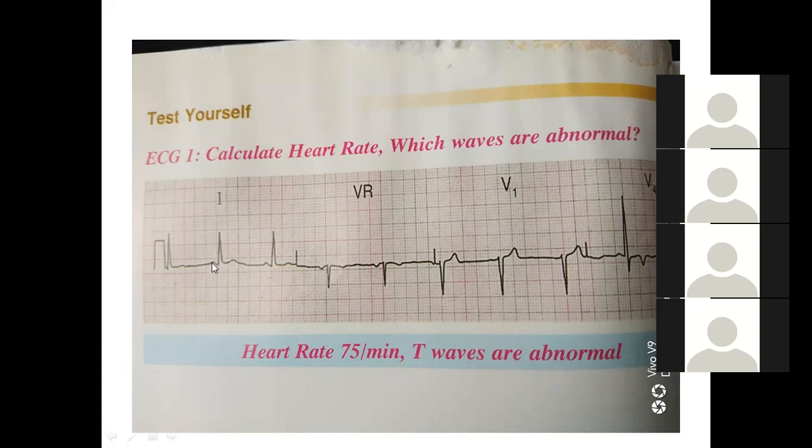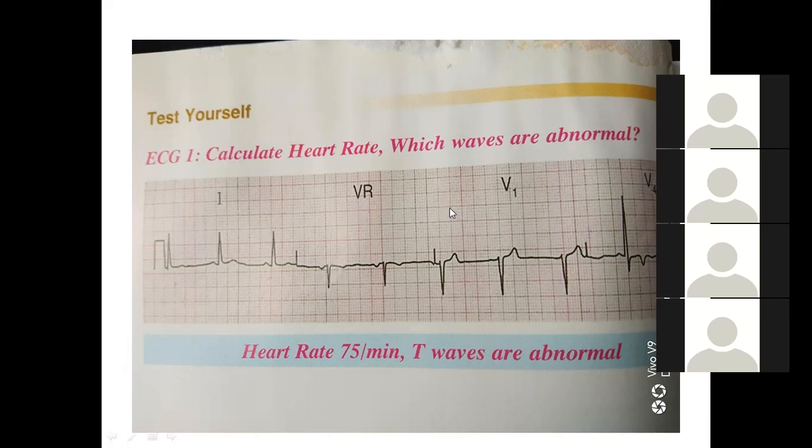This is lead 1. The P wave is correct. The QRST is correct. Lead 1 is okay. Now go ahead with AVR. In AVR, the P is inverted. Is it correct? Yes, sir. Remember what I taught you? The R wave is inverted, which has become correct. S now here. Is it correct? And the T is inverted. Is it correct? So AVR is passed. Okay, this is how you work.